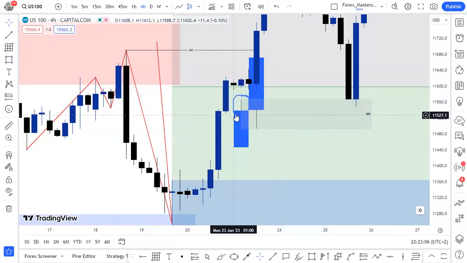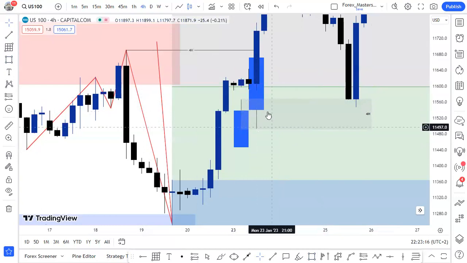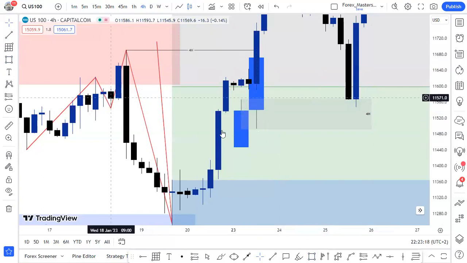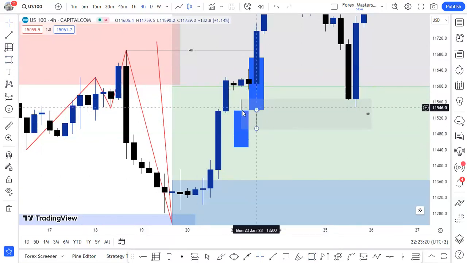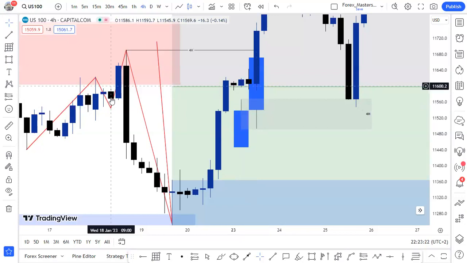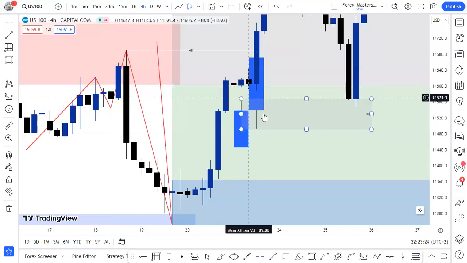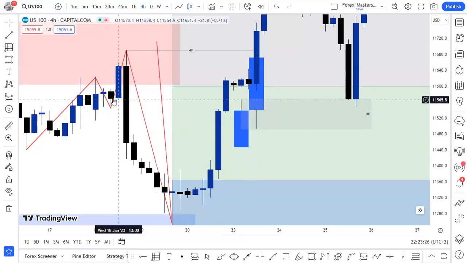Why? Because price has already reacted and it has already grabbed orders. You can see sellers came in by way of these wicks, then buyers took over and pushed. So the last buyers to push the market and take out that zone are found right here. So now I'm not going to pay attention to this zone. I'm going to pay attention to this zone, which reacted to that zone, because it's all about demand and supply